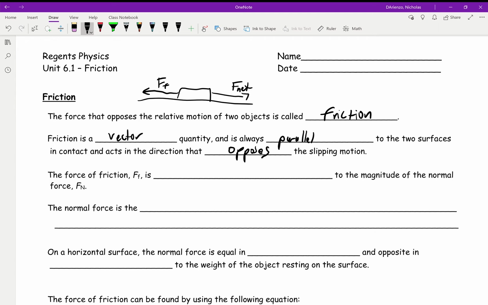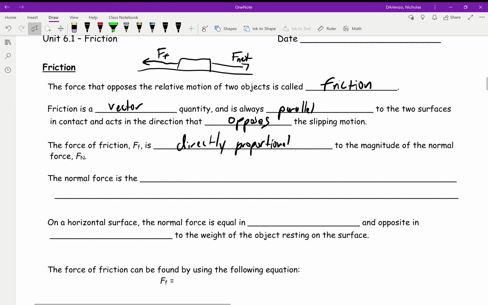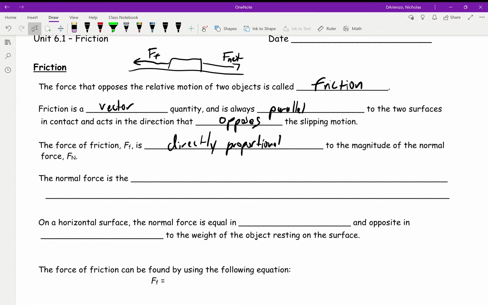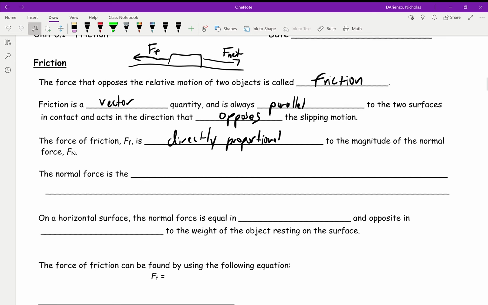Now we designated that as capital F sub F, which will be our force of friction, and that is directly proportional to the magnitude of the normal force. We talked a little bit about that, and we'll take a look at what that means in a second here. The normal force